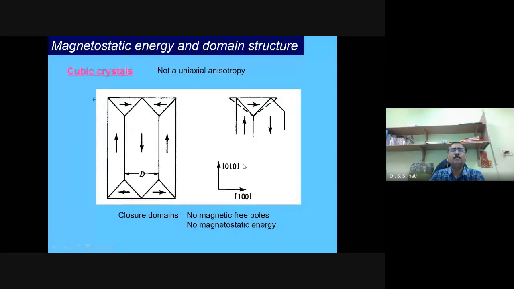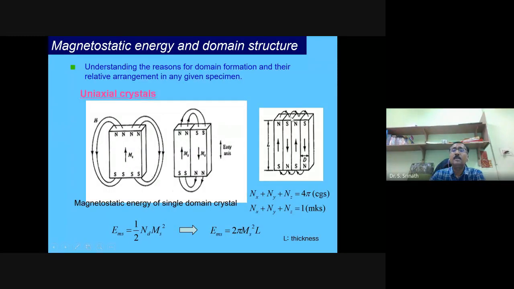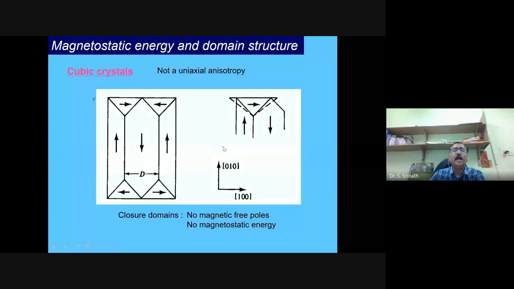So a similar thing can happen if I'm considering a cubic crystal. You see that here the number of surface poles, like the fringe field, is actually decreasing. Instead of having such a large field, the field lines are able to close here, and here, so the fringe field is decreasing. And this is a special case, a cubic crystal, in which, because the magnetization can point along 6 directions, here I need actually only 4 directions, like let us say this is 001,